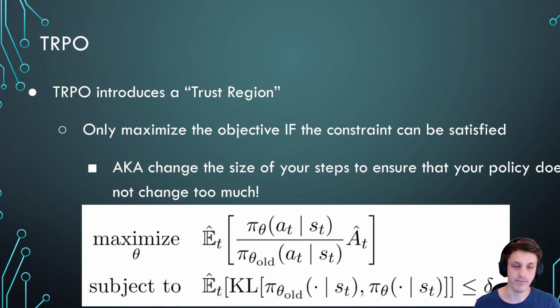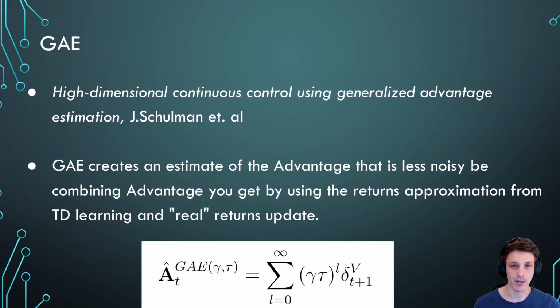And in TRPO, they do something a bit more complicated. What you can do instead is see how this constraint changes for different step sizes, and then pick a step size to maximize this, knowing that the constraint will be satisfied. However, that search procedure is actually quite complicated, and even just me describing it here, hopefully you can get an idea of how complicated it is, because you introduce this constraint, not a loss that you can backpropagate through. It's a constraint that must be satisfied. So whereas it's a good idea, and it does in practice help a lot to make sure that we don't increase or decrease the probabilities of our policy too much, and that our new policy stays within this trust region of our old policy, it is quite difficult to actually implement in practice, especially if we're using complicated neural networks. So keep that in mind for now, and we're going to move on to